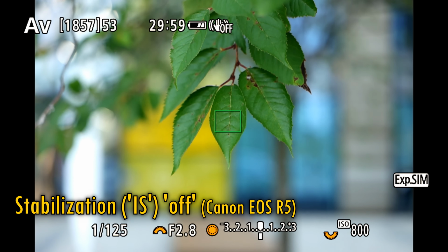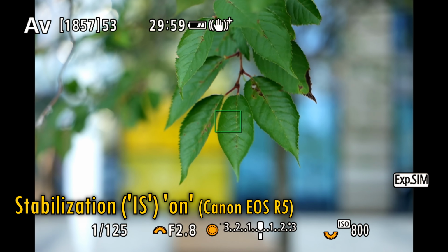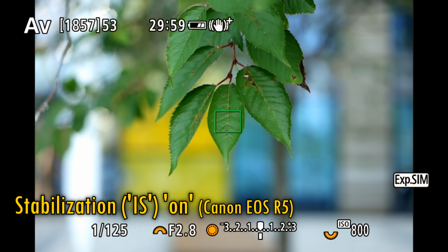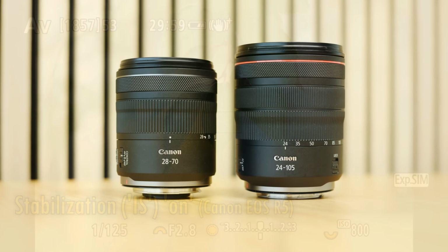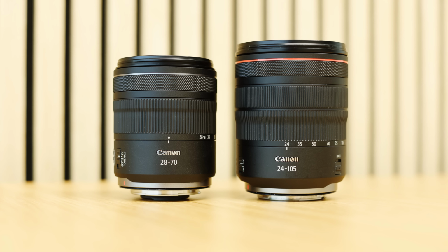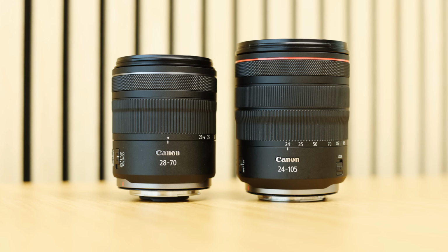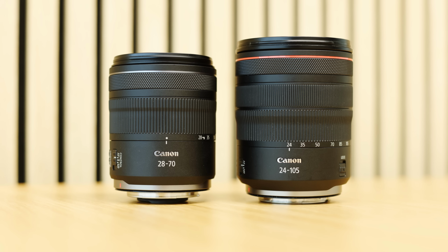Oh, and here's some footage without the lens's stabilization, and here it is turned on, where you can see it making a handy difference. The lens is also nice and small. It collapses down to less than 10 centimeters long by turning the zoom ring all the way. Here you can see that it's much smaller than Canon's own 24 to 105mm f4L lens, despite the new lens's